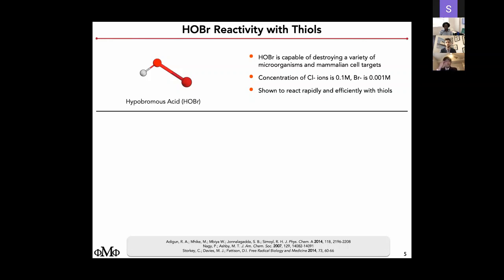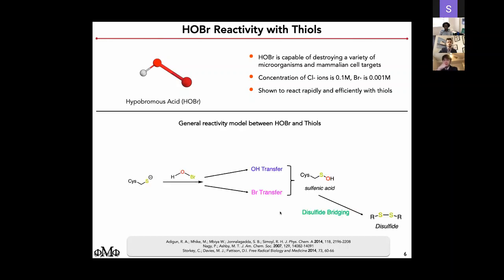And naturally, hypobromous acid is used as a general cleaning product for many foods, such as cleaning lettuce, cleaning meat, and also used to clean our own swimming pools. So to first start off with the general reactivity with free thiols, I want to bring up the opportunity of reacting hypobromous acid with a central cysteine thiolate. A thiolate is just a central cysteine with a deprotonated sulfur atom, giving it its negative charge and